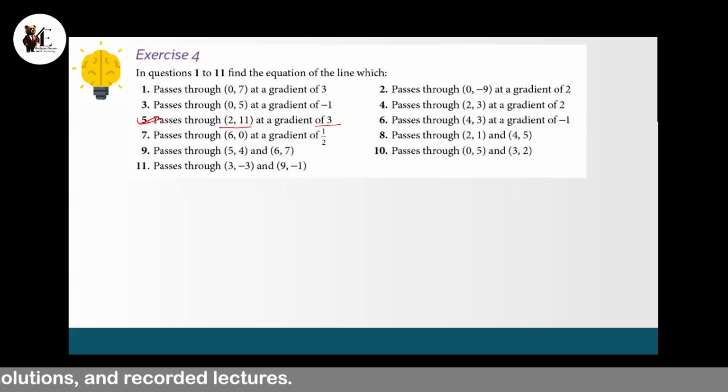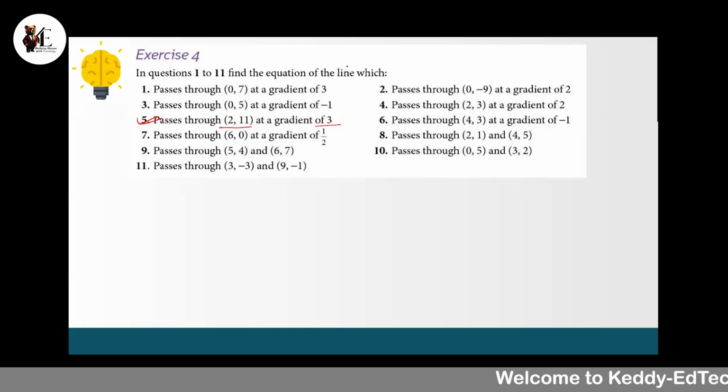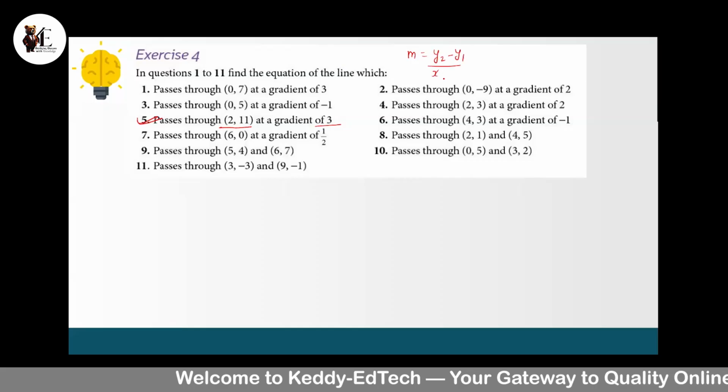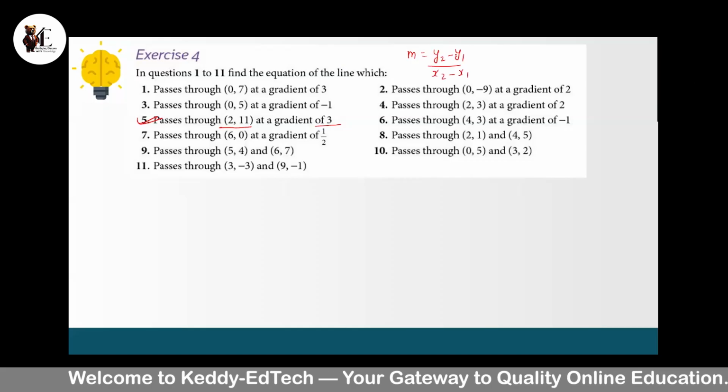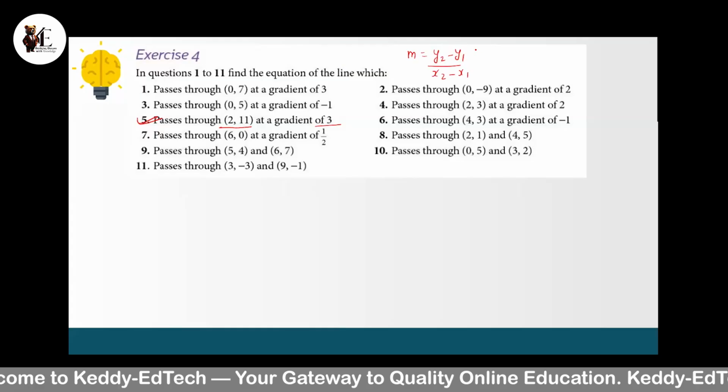Because in the previous one it was y1 and minus y2, so here it's only 2. So you are saying that earlier we had a formula that y2 minus y1 over x2 minus x1, right? Yes. So that was the formula when the line was passing